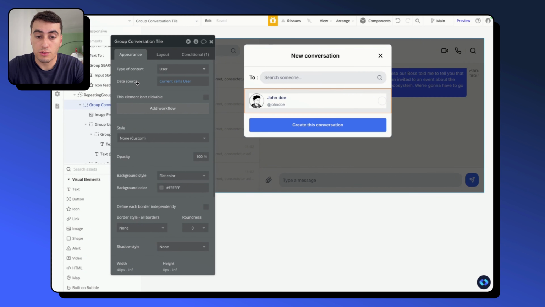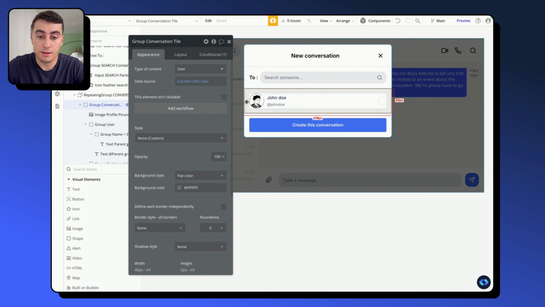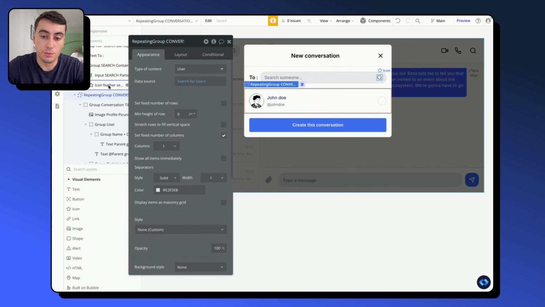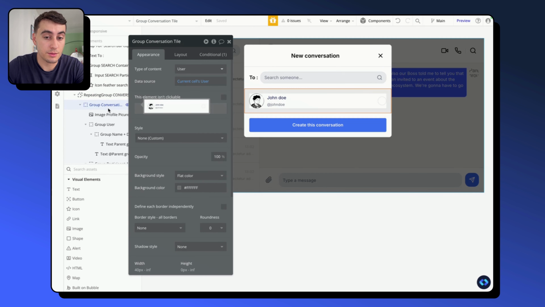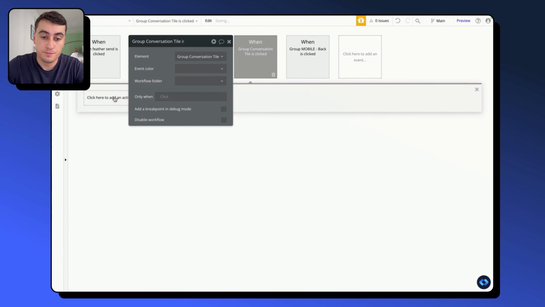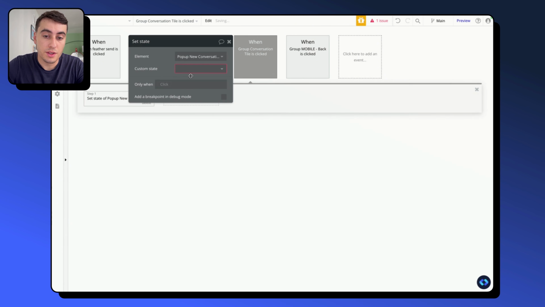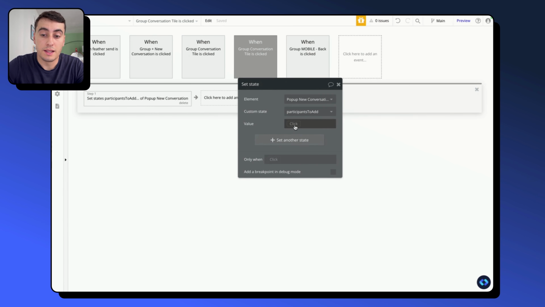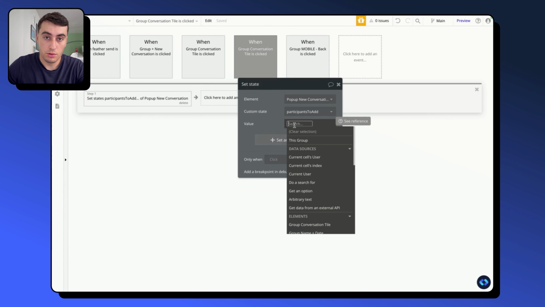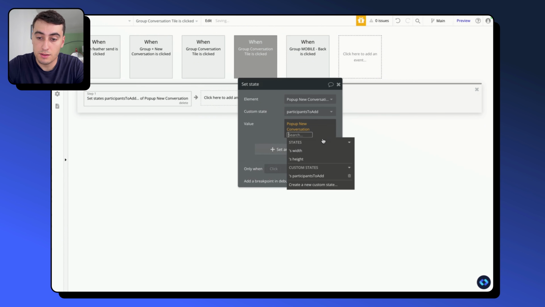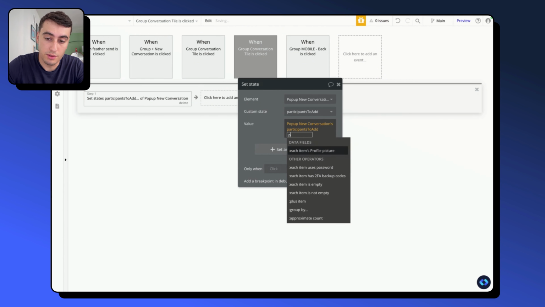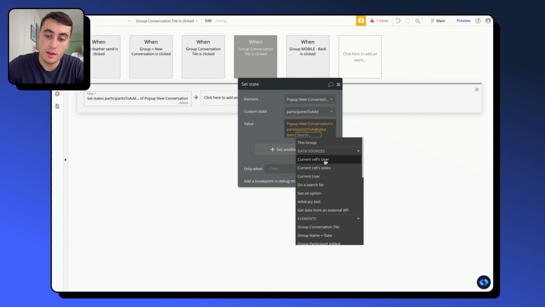To do that, I'm going to select the group displaying users, so I mean my repeating group is the group directly below. I'm going to add our flow, and I'm going to use the set state of an element action. I'm going to retrieve my custom state, so it is attached to my pop-up. I'm going to participant to add, and I'm going to add this user to the list of users. So I need to take my custom state participant to add and use the plus item operator and add the